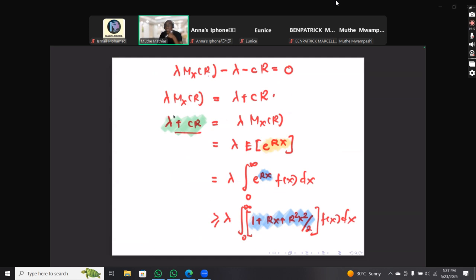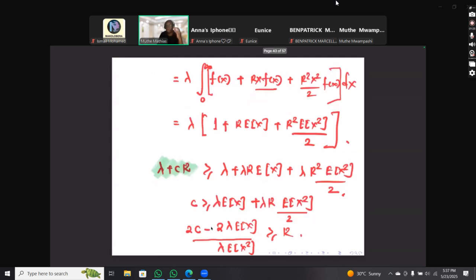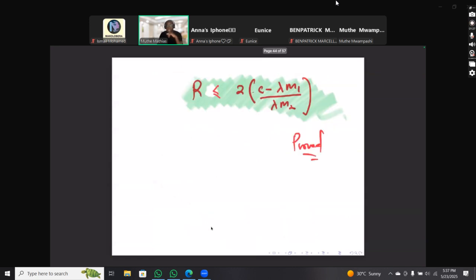So if you truncate it, this part here will not be equal to this part here, right? This part will be greater. Before it was equal, but since we are truncating, we get something greater than what we had before. That is why we say this will be greater or equal to. So we proved that, and we said this is the upper bound for R. So I want to start from here. We have a few things which we have to cover.